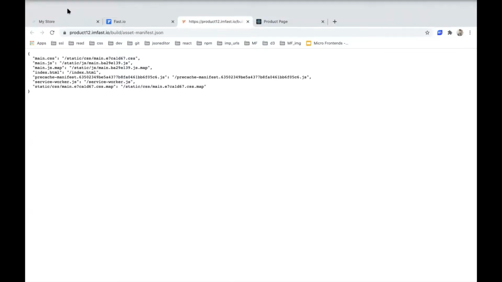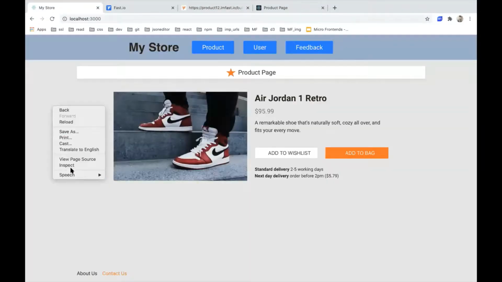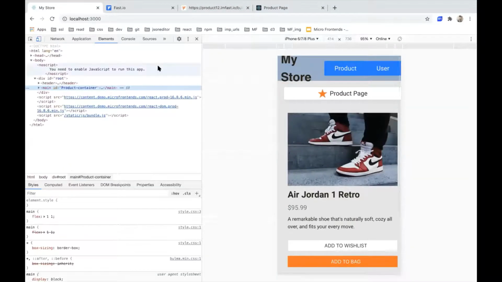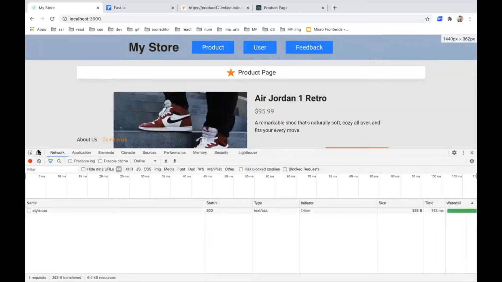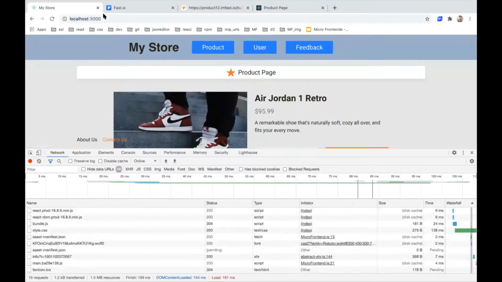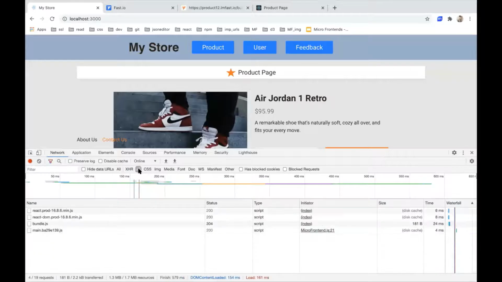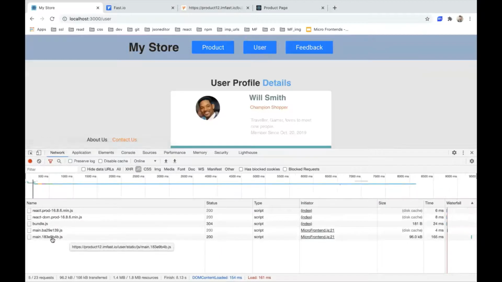When we come to the implementation part, I will show you again. Here we have loaded the product, and on click of user, it will load the user bundle.